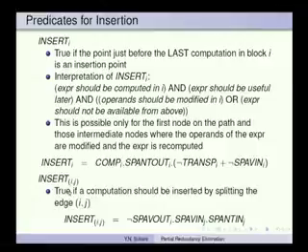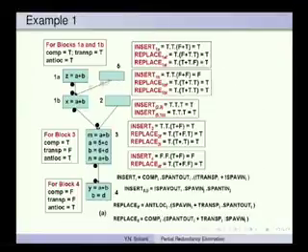So, when is insert i j true? It is true if a computation should be inserted by splitting the edge i j, and insert i j is not of spav out i dot spav in j dot spant in j. Let us understand what this is. If there is an edge, let us look at this example again. Let us say we take this edge. We are going to do this computation for all edges and find out that it is not necessary to break this or this and so on, only for these two we need to break them. So, this is i and this is j.